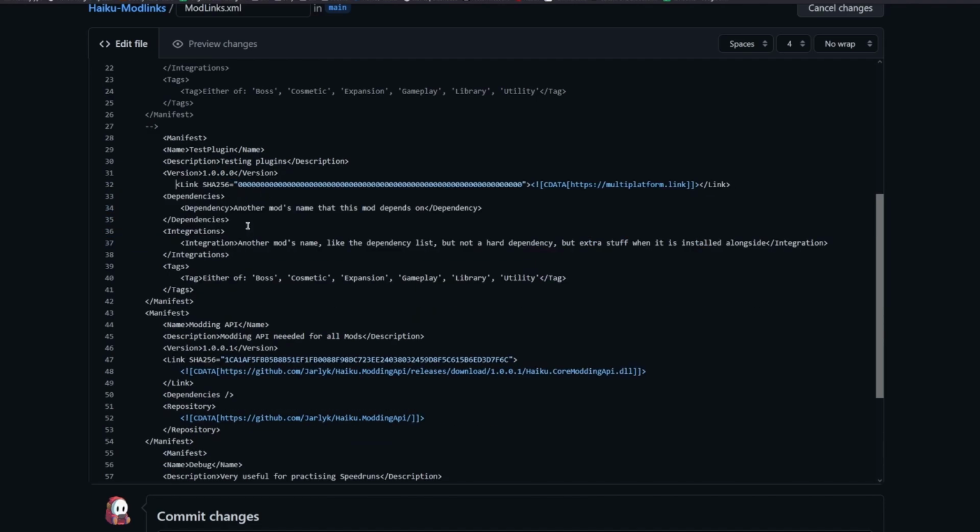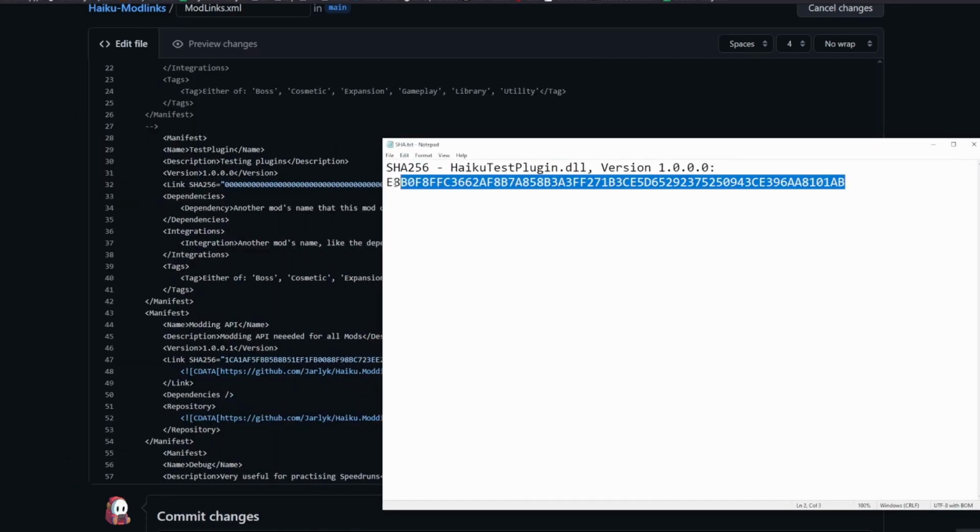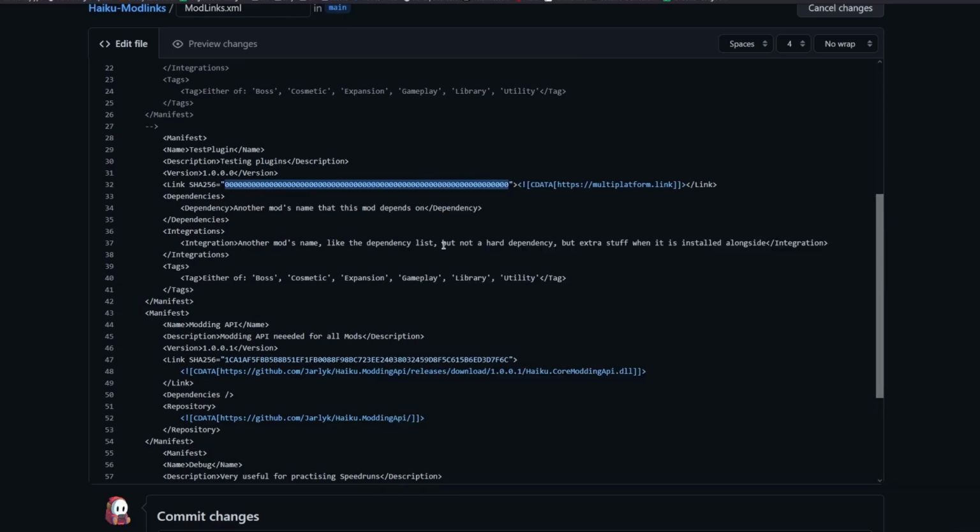So we're just gonna take this thing right here. And the reason why I showed you the hash, or how to get the hash, is because you will need the hash from your alpha, which is thankfully just in here. So you put in the hash like that, and here you just put in your GitHub link from your repo.